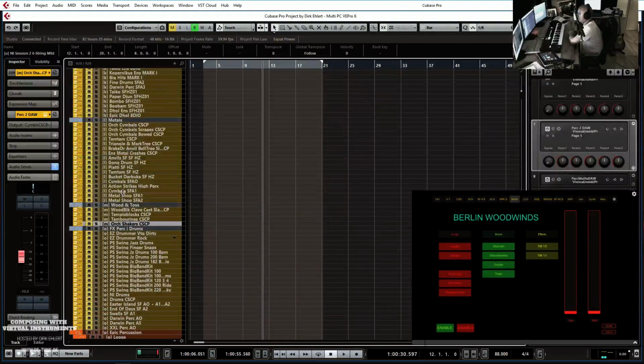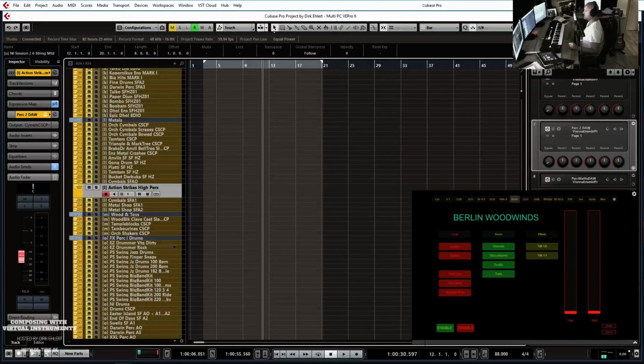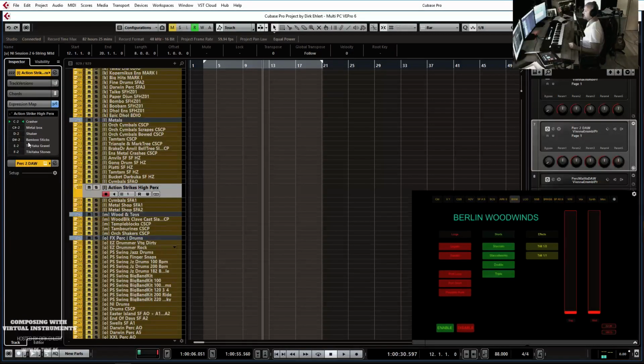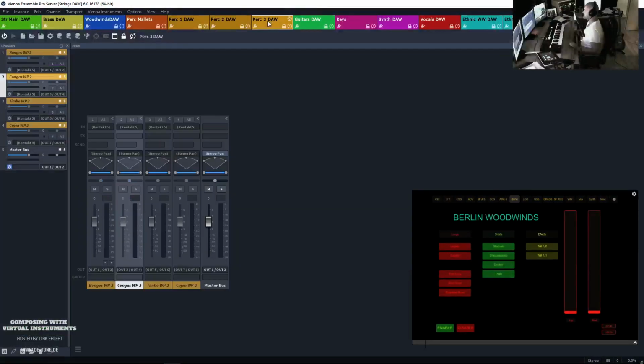something from Action Strikes exactly here, and this is something that I haven't set up on the iPad yet. I made an expression map. I didn't want different channels. I just wanted to show you that here. In the percussion,